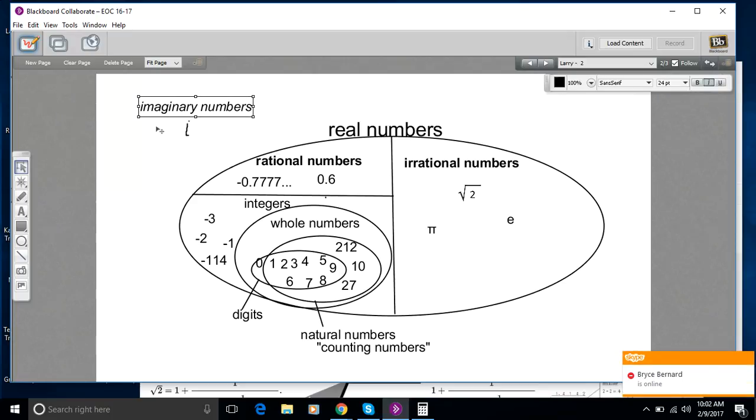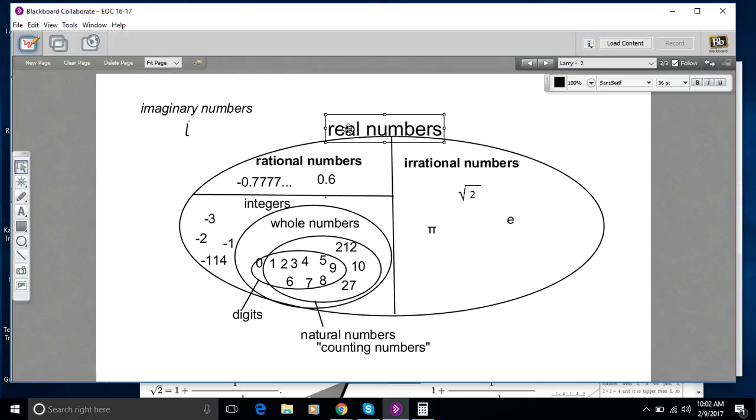You may not have seen these yet, but this is what happens when you take the square root of a negative number. You get this kind of imaginary number. We use the i notation. Probably don't need to worry about that right now, but just know that it's there. And sometime in the future, you'll probably get to learn about it. The real numbers is where we spend most of our time, and the real numbers can be divided into two